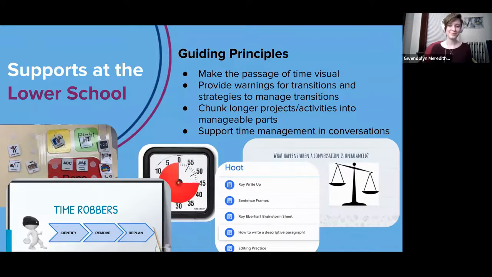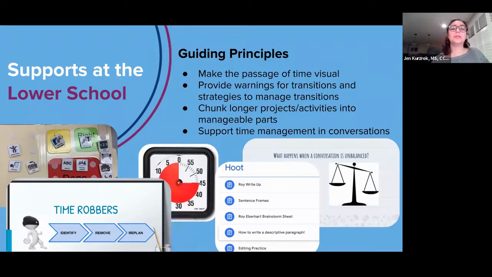So before you can manage time, you have to have a solid understanding of the passage of time in that internal sense. And for many of our students in first, second, third, and even fourth and fifth grade, that's not really solid yet. So one way we support that, which is, I think, actually probably, now that I'm saying it, probably my number one home recommendation, is to make the passage of time visible for students, both in the sequencing and the actual quantity of time, like how many minutes did that take.